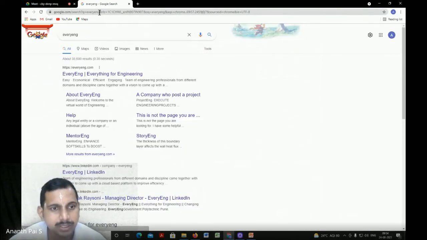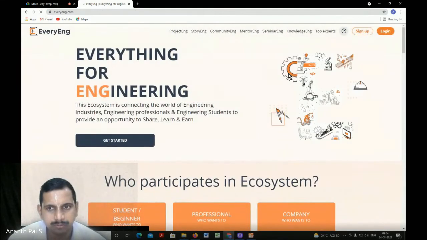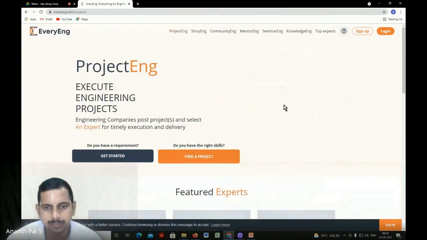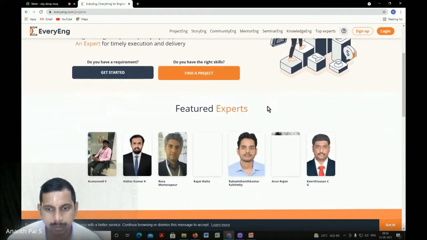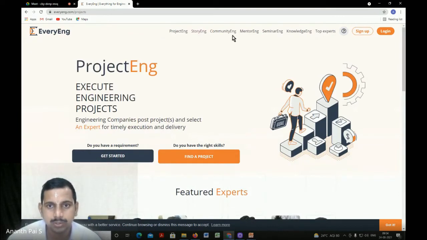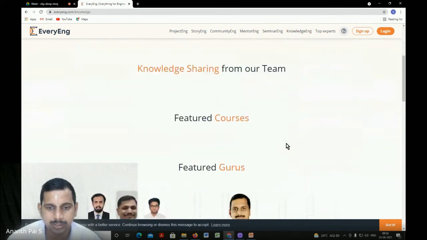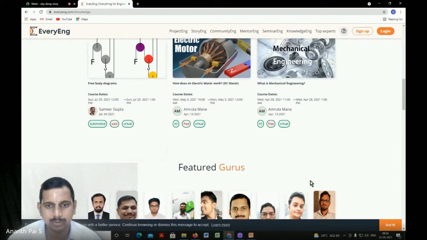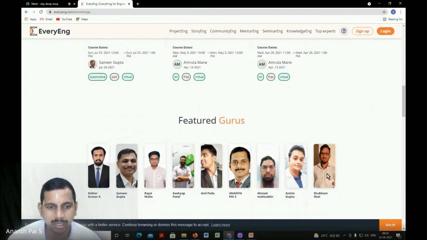See, this is one thing we have started, students: Everything for Engineering. This is another where we go with projects from the industry. We are solving problems from the industry. There are big people here. Then story engineering, community engineering. I am also one of the people here. There is something called knowledge engineering, where I am also. It has started now and will take time. The way to go forward is to get jobs. Very important. See, Samir Gupta ji. Samir Gupta ji is from.